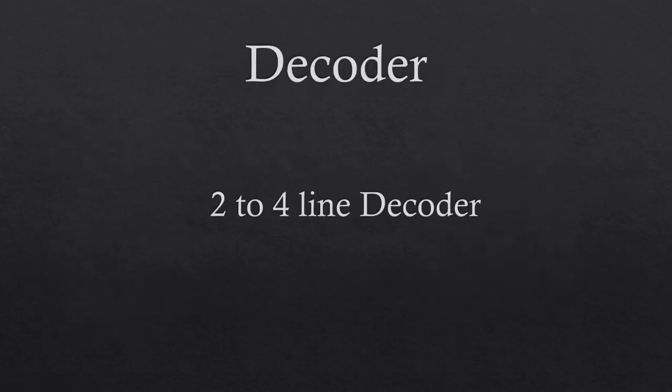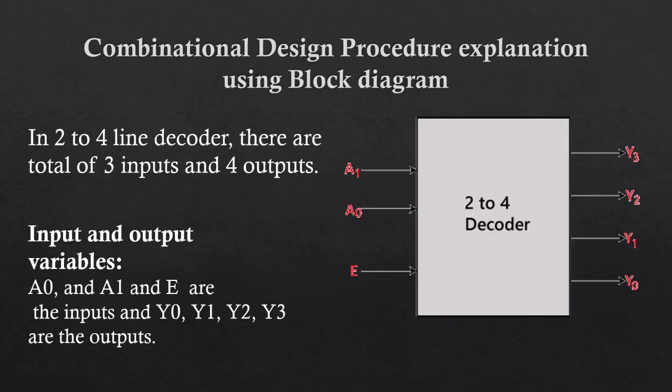So here we are using a 2 to 4 line decoder, and the combinational design is explained using a block diagram. Here basically we have a total of 3 inputs and 4 outputs, the third input being the enable pin, which basically is mostly on whenever we have an output. Whenever you have an output, the enable pin is definitely going to be on, or the state is going to be 1. So the input variables here are a0, a1 and the enable pin,